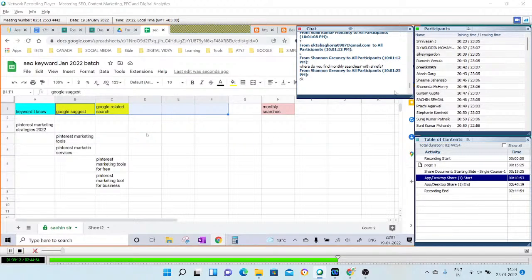If I keep opening all the tools together, it will be very confusing. And this is how the work is done in the agencies, in the industry. At first you collate the ideas. You find all the sources from where you can get the best keywords, and then you go for the research where you find the numbers, and your numbers decide which one to use and which one not to use. Just one example.